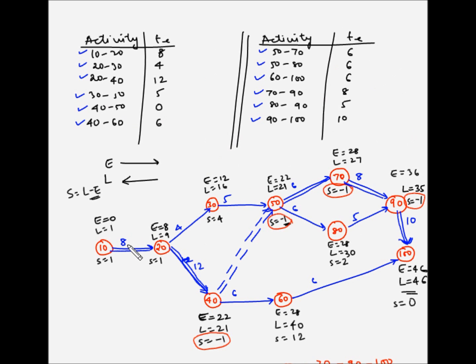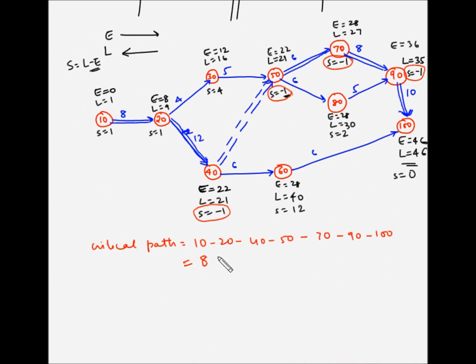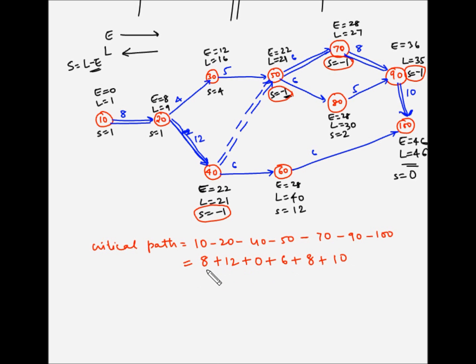basically the duration of the critical activities, plus 20 to 40 is 12, plus 40 to 50 is 0, plus 50 to 70 is 6, plus 70 to 90 is 8, plus 90 to 90 to 100 is 10. So 8 plus 12 is 20, plus 0 is 20, plus 6 is 26, plus 8 is 34, plus 10 is 44. So based on the critical path and the duration taken by each of the activities, the duration comes